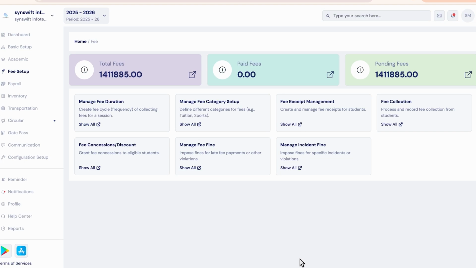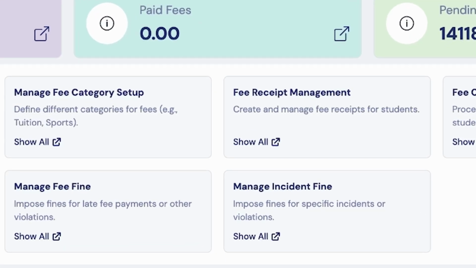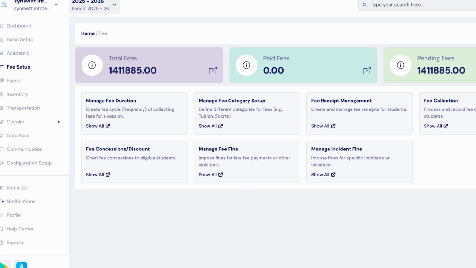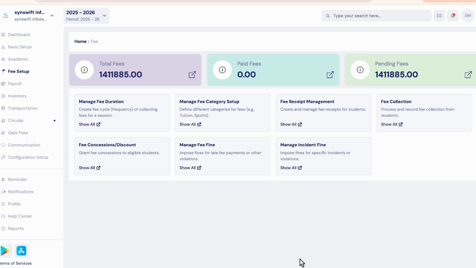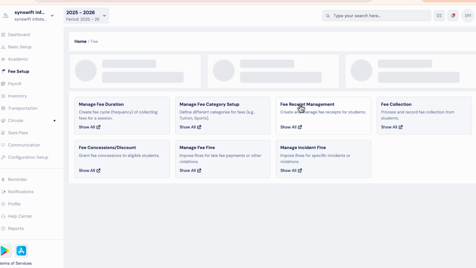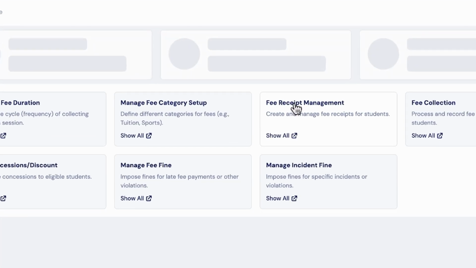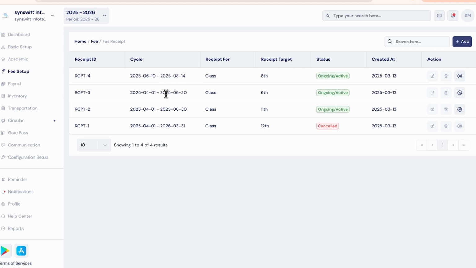In this video, we'll talk about fee receipt management and fee collection of the fee setup module. Log in first into your BYDO account and go to fee setup. Then fee receipt management is showing here. Go to fee receipt management. Here all receipts for fees are showing for class 6, that is ongoing or active, and that fee receipt